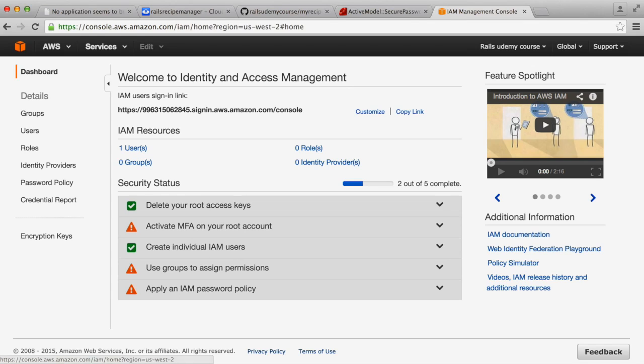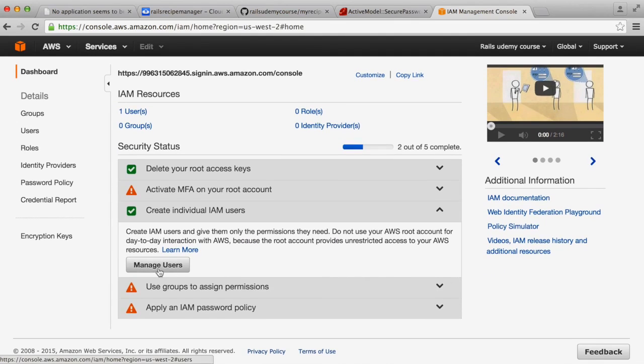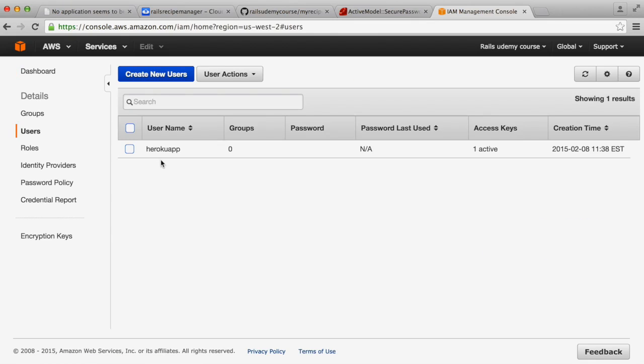Okay, so at this point, we're gonna have to give our user over here access to the S3 bucket that we just created. Okay, so let's go ahead and do that. If I click over here, and then manage users, there's our user. If you click on the user,